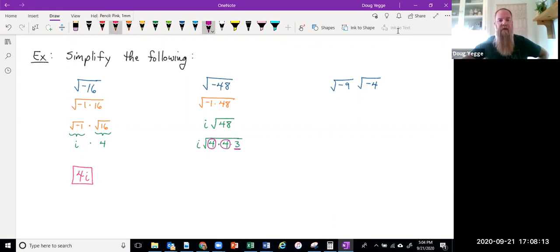So notice that this now becomes 4i times the square root of 3. Now notice that, and maybe I should rewrite this as well, as saying i times 4 root 3. But the way we typically write this is by writing the imaginary number in front of the radical. And there's a really important reason as to why we do that instead of writing it after the number like